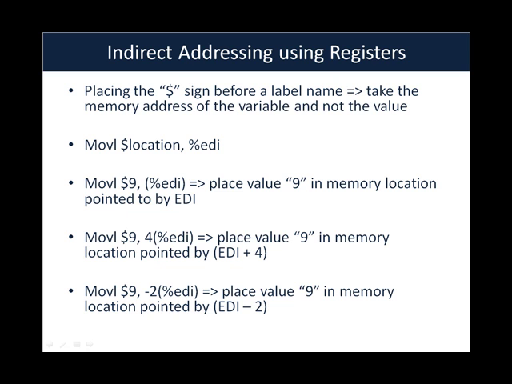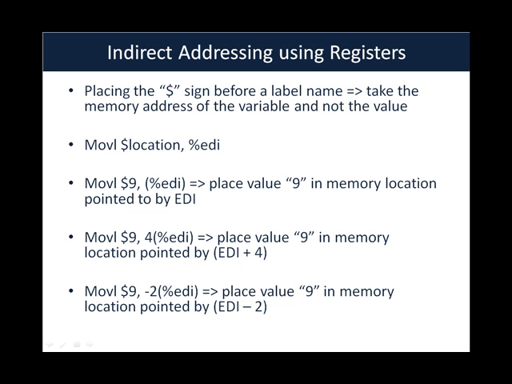Now how do you transfer the address of a location into a register? Very simple. Take the address, move it into the appropriate register, in this case EDI. Once you do this, EDI contains the address of location. Now if you want to move a value, let's say 9, into location using the EDI register, then the way